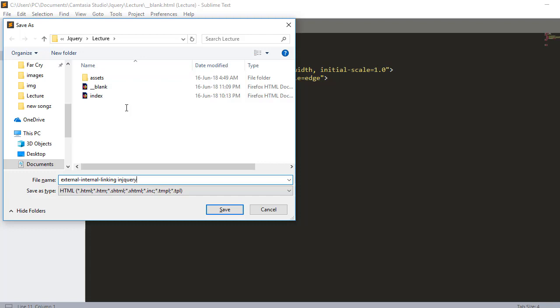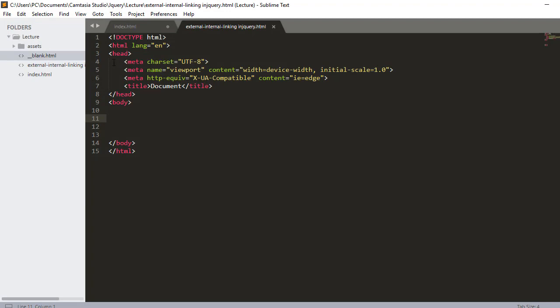Okay, and save. So we have external internal linking in jQuery. So what I'm going to do right now is some linking, so just pay attention, stay with me. Okay, so the first way I taught us in the previous section is to do the script,